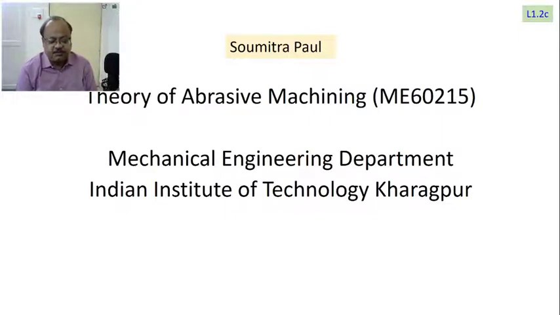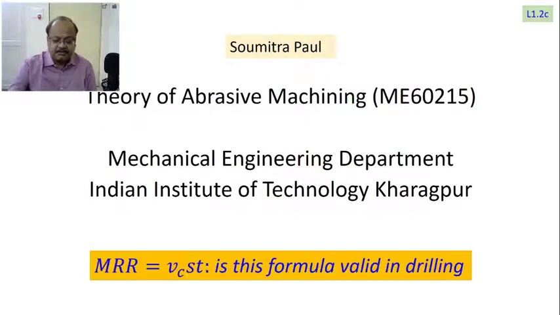In the previous video we have already correlated material removal rate in slab milling and material removal rate in plain surface grinding. Now let us see what we are going to do. We are going to talk about drilling, and in the first video, 1.2a, we have shown that in turning, material removal rate can be expressed as Vc × S × t. But the question is, can I use this method in drilling? And the second question is, what is drilling? Is there any similarity between drilling and turning?